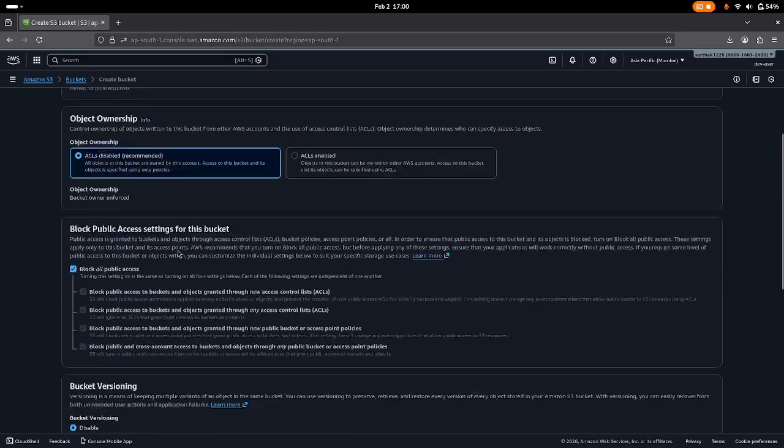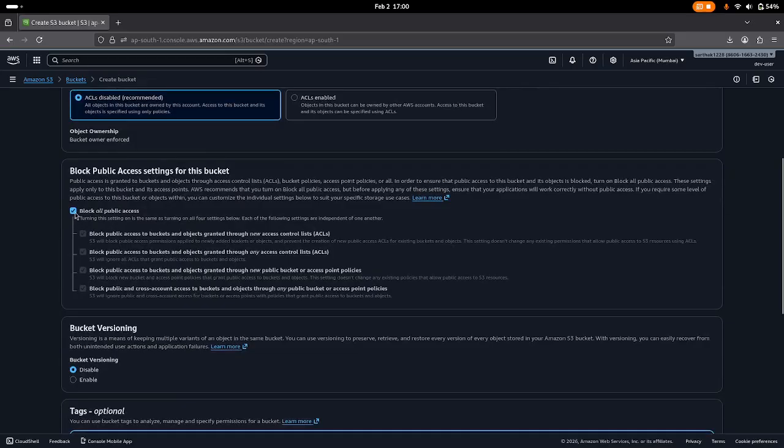and after that, here no need to make any change. Here you need to uncheck it if you want this storage or the static files available to the public, so you can uncheck it. I'm going to uncheck it for now, because I'm going to put one PDF file in this S3 bucket, and I'm going to see whether I'm able to see that on the browser or not, right? So I'll uncheck it,